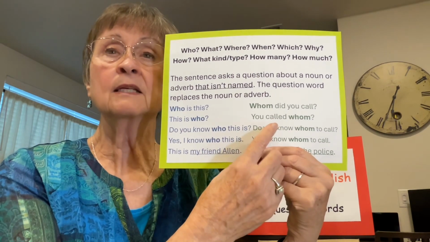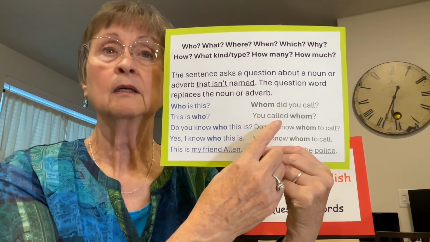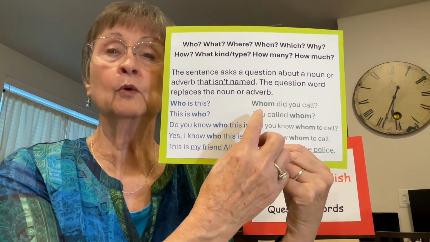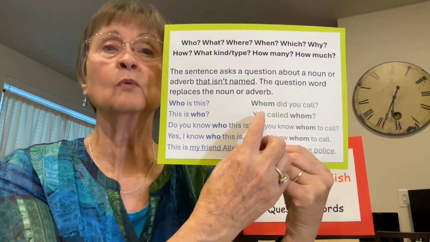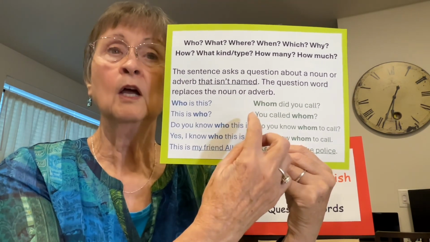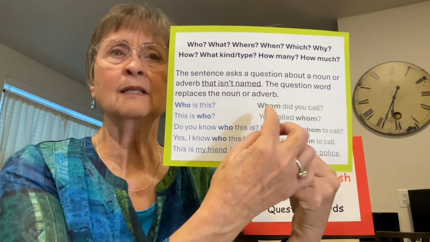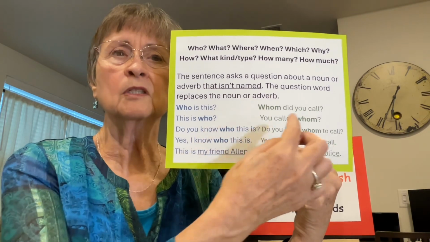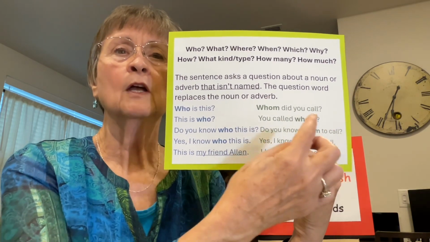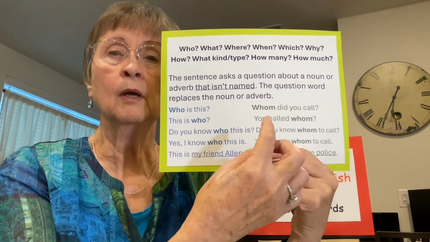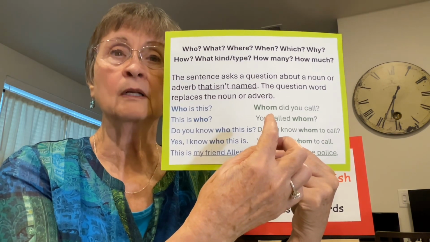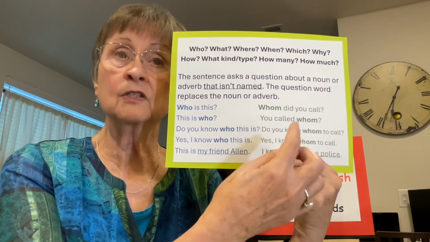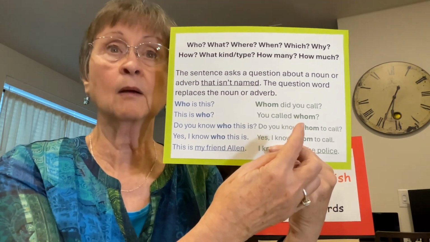But if it is an action verb that you're using in your sentence, you might have the who as a direct object, in which case it would be whom. You can't tell it's a direct object by the order of the words in a question. If we change it to a statement, it would be, you did call whom, and it would be at the end of the sentence. You called whom. Now it's at the end of the sentence where you would expect a direct object to be.